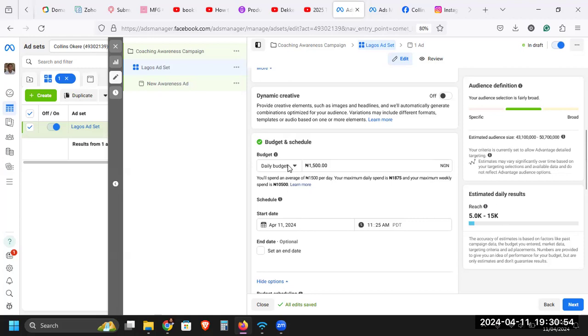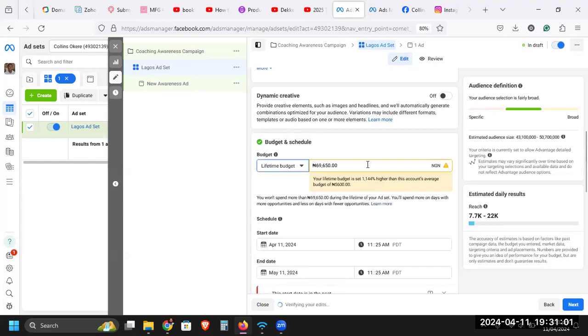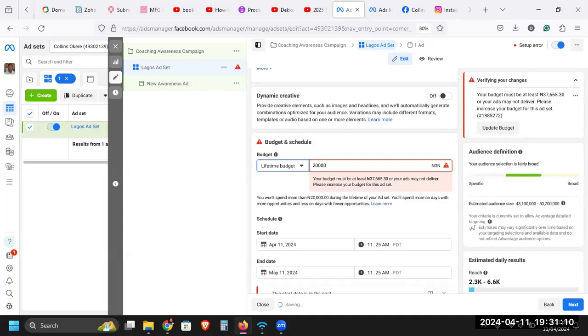So you could decide to work with a daily budget of 1,500, or instead of a daily budget, you just do a lifetime budget. So let's say you have a fixed amount of 20,000 naira. So that's what you want to spend for this campaign. So you could just put 20,000 naira. But we are told that your daily budget must be at least. All right. So, I mean, you can put 20,000 naira, but there's a reason why it's not accepting 20,000 naira